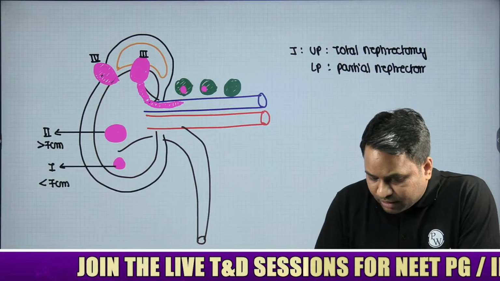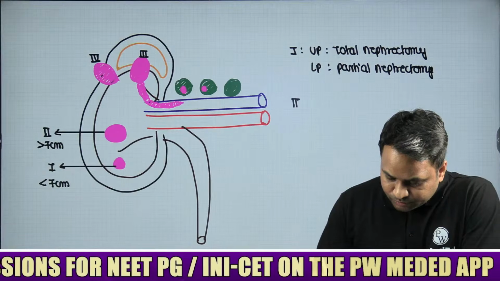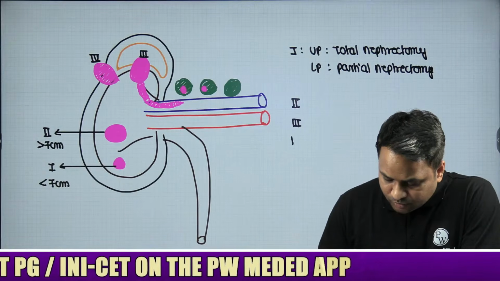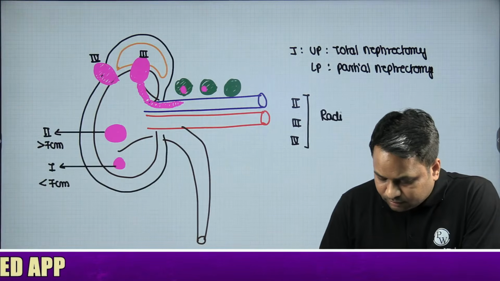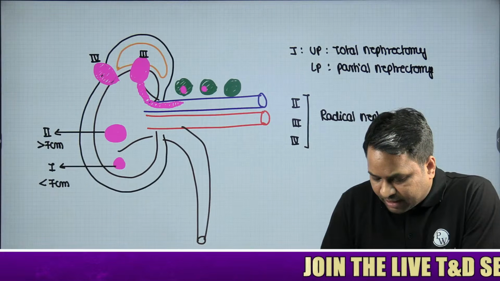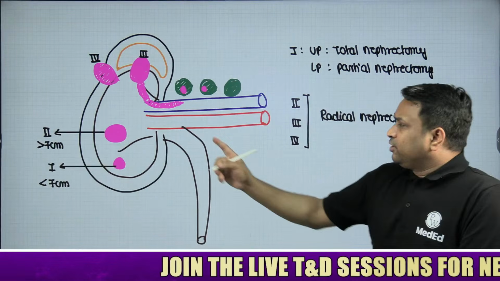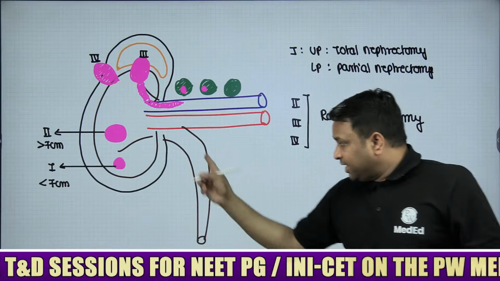Then you do a partial nephrectomy for stage 1. For stage 2, stage 3 and stage 4, we do radical nephrectomy. In radical, we remove the kidney, the adrenal gland, the lymph nodes, and the ureter till